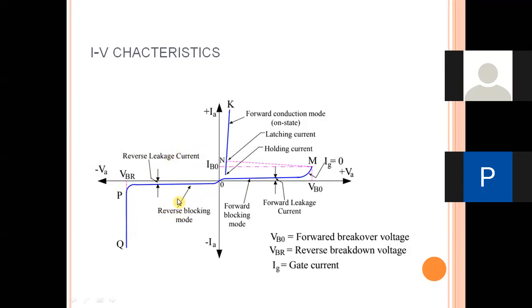As the reverse leakage current is going to be small, the device simply acts as a high impedance circuit. So it is also going to be treated as the off state for the device. From this point O to this particular point P, the device is considered to be in the off state. From the point O to this M, the device is considered to be in the off state. On this IV characteristic, from this N to this particular K, the device offers very less impedance, and is considered to be in the on state or conducting state.